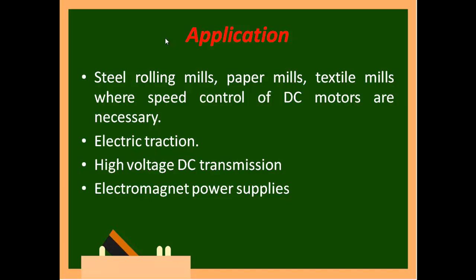Then electric traction is nothing but the local train which is running between Beach to Tambaram or Beach to Chengalpet or Beach to Kanjipuram, whatever you say. That local train uses a DC motor, a DC compound motor. A compound motor is nothing but a series motor and a shunt motor in combination. So that requires DC. The commercial supply available is only AC. So inside your train you will have this phase controlled rectifier to convert it into DC and operate your machine.